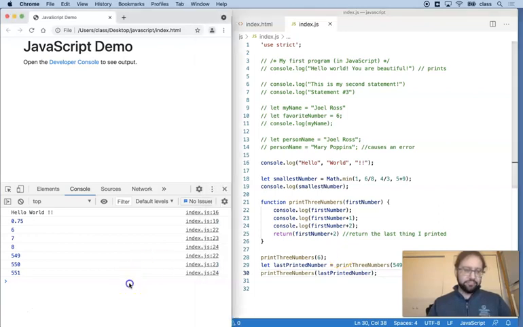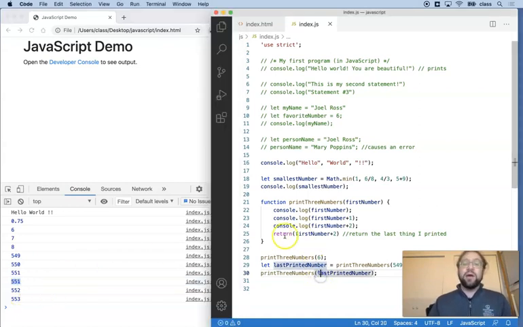And then it prints, and then it starts from the last printed number and keeps going from there. Again, I have to return this value to let the computer know what that last printed number was. If I don't do that,